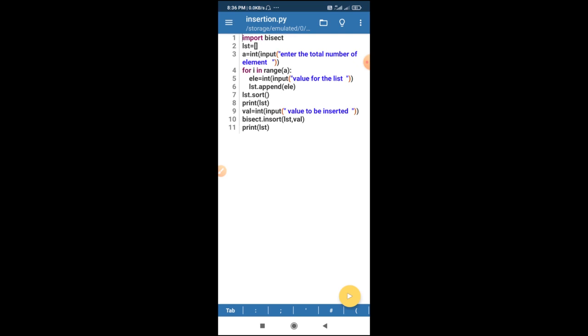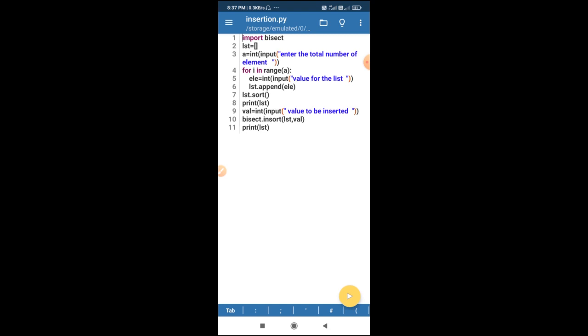In the second line, I have taken an empty list in order to take the elements from the user, and in line number 3, I am asking how many total elements the user wants to enter in the list. For example, the user has entered 5.